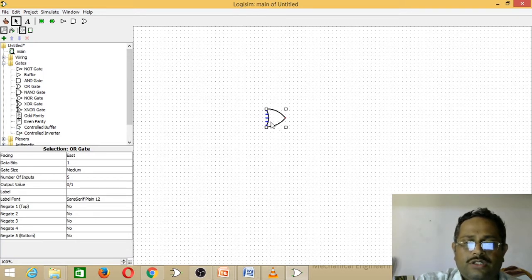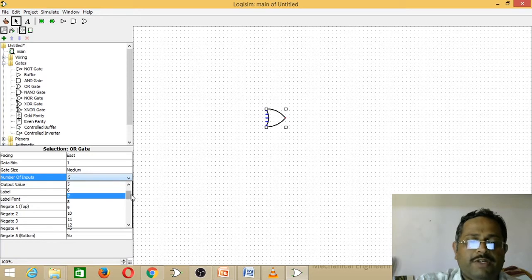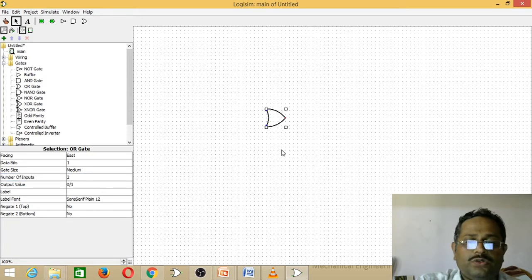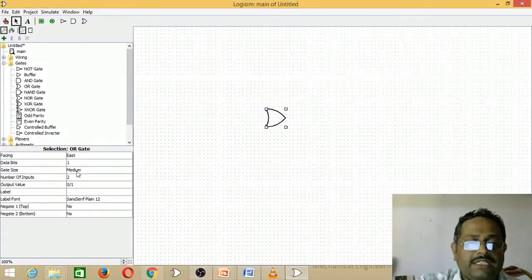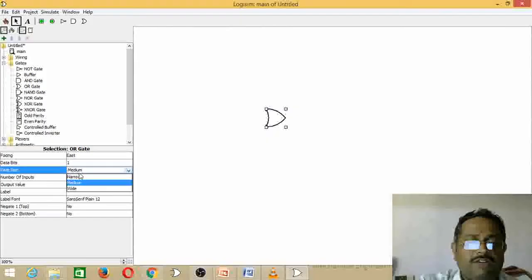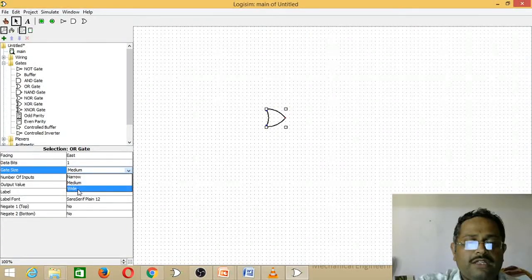This can be changed by editing the number of inputs in the attributes table based on our requirement. We require 2 for our experiment, so I will change it to 2 now. The size can also be changed in the attributes by going to gate size. Here 3 different sizes are available: narrow, medium, wide. We choose wide.